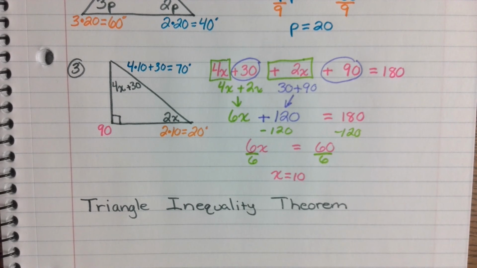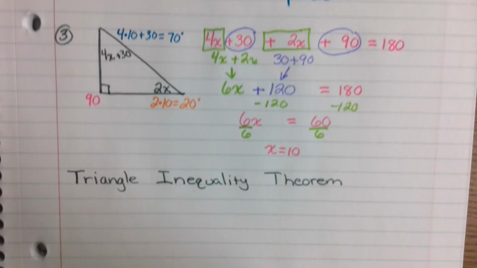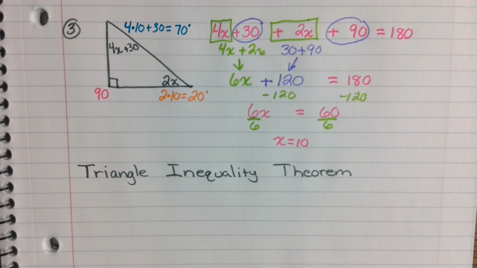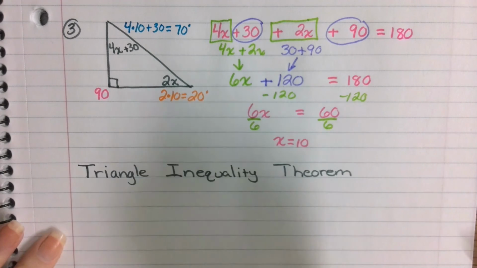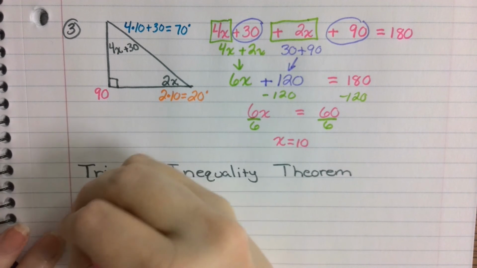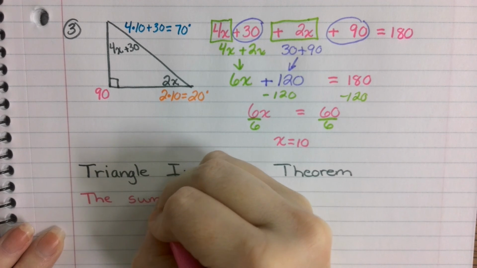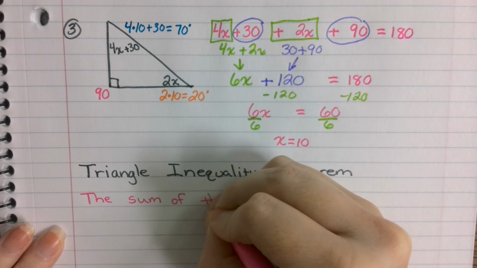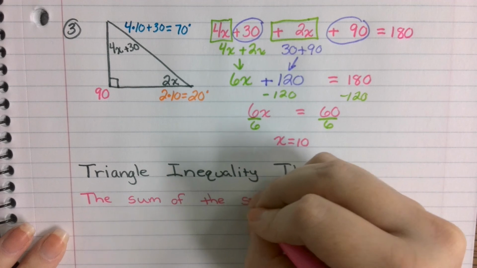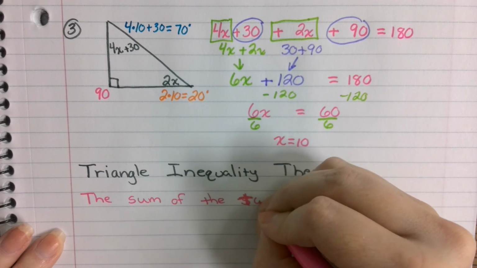The Triangle Inequality Theorem basically states that you can tell if 3 sides will form a triangle based off of the sum of the 2 smallest sides. So the sum of the 2 smallest sides,